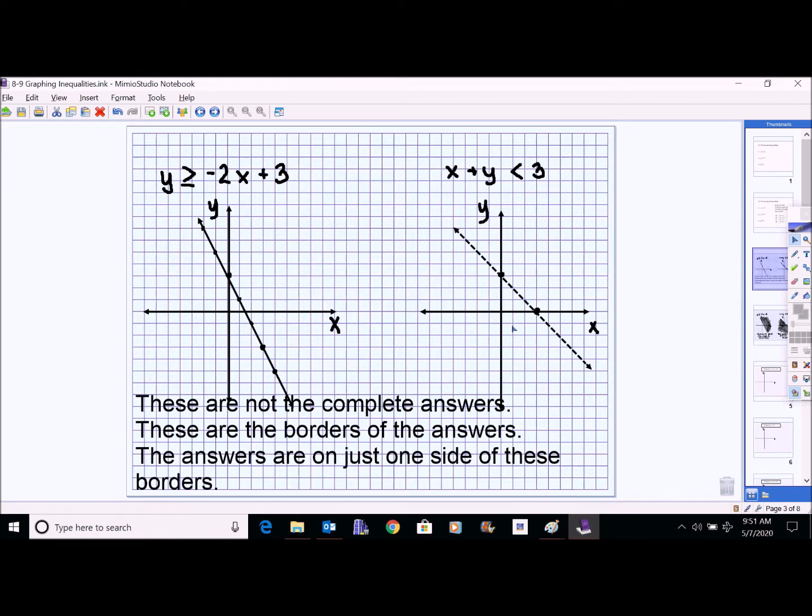So the way we find where the shading is, and yes, I know that some of you can see the side where the shading is, the way we find it is we take a test point. 0, 0 is a great test point because it is very easy to work with. You're picking two of the same number, and a lot of times the zeros will just completely disappear, so it makes it easy. You pick a test point and you figure out if the test point